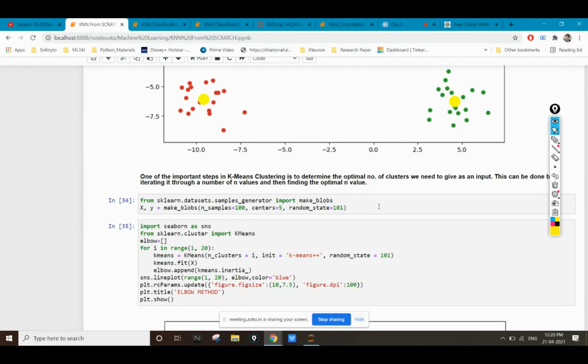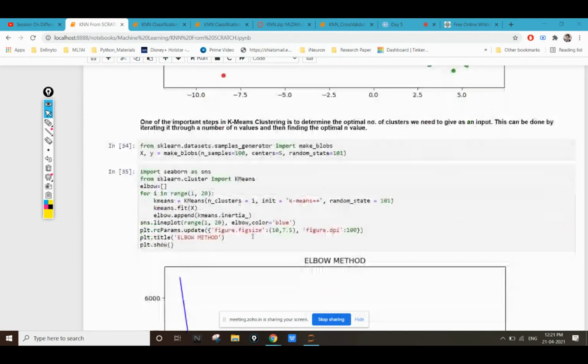So what I'm doing here is using the elbow method, which is used to find the optimal value, or the minimum useful value of k, for which I will get the least error or the least amount of loss. So I have to select a minimum value of k for which I will get the least amount of loss.